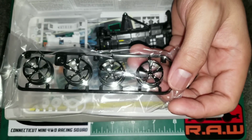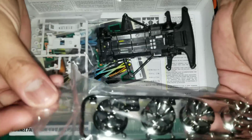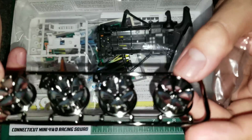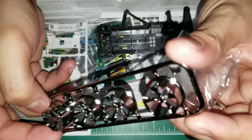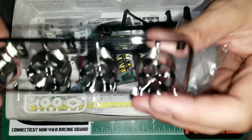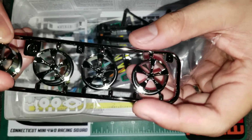These are the 5-spoke wheels, and they're also black plated. If you can see closer, I'm going to take it out. I don't care, I'm going to take it out, lose the value more. Alright, it's black plated. It's very, very nice. If you can see, it's glaring. Yeah, so it's black plated medium diameter wheels, which is I think the second time that I see this on